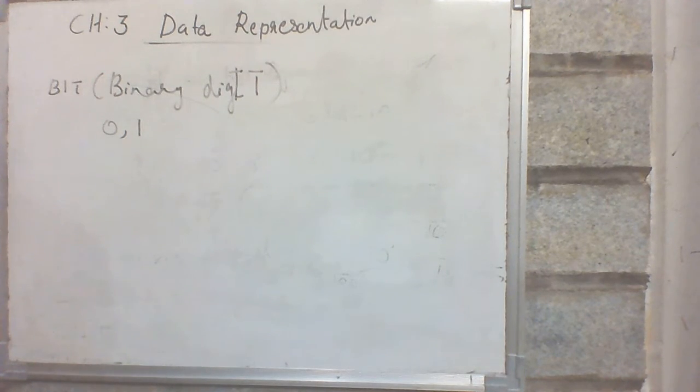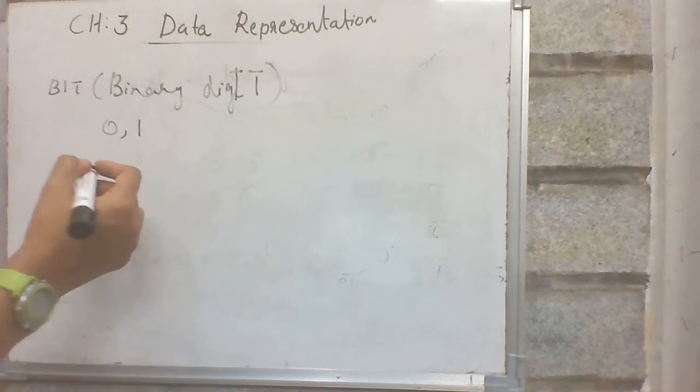The positional values we can express as powers of 2. In the decimal number system, the base radix is 10, so the positional values are powers of 10. But in the binary number system, the digits are 0 and 1, that is a total of 2 numbers, so the base radix is 2. Positional values we can represent as powers of 2.